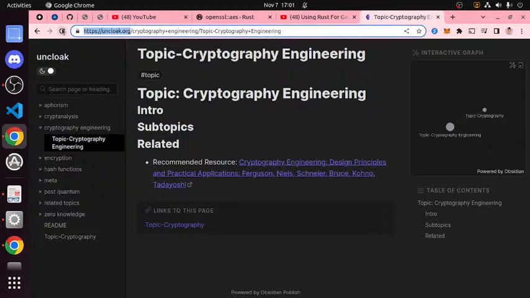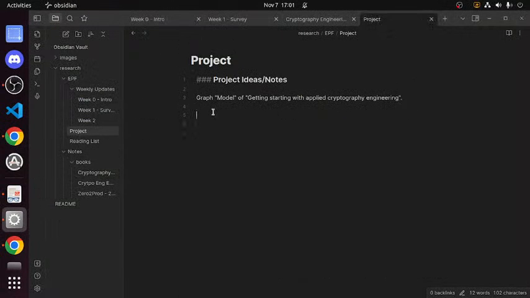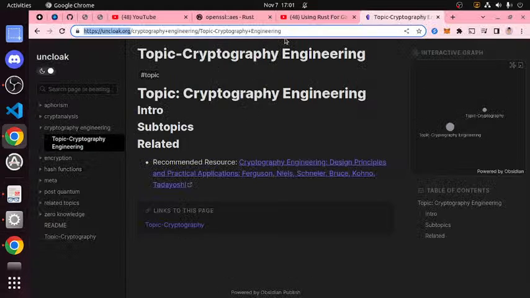So uncloak.org. And I don't even know how to do this, but for now, just uncloak, product ideas notes, graph model. Maybe I should have specifically, what happens if I just do that?